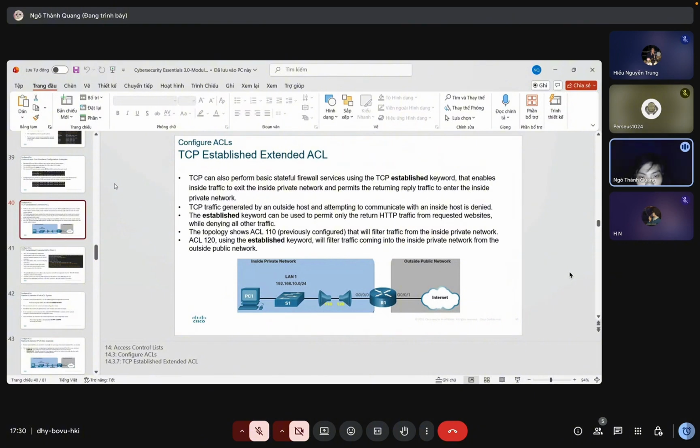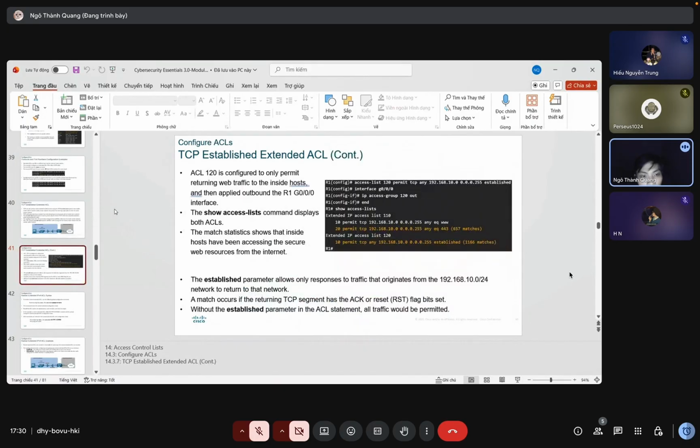The topology shows ACL 110 that will filter traffic from the inside private network. ACL 120, using the established keyword, will filter traffic coming into the inside private network from the public. TCP established extended ACL, continued. ACL 120 is configured to only permit returning web traffic to the inside host and is then applied outbound